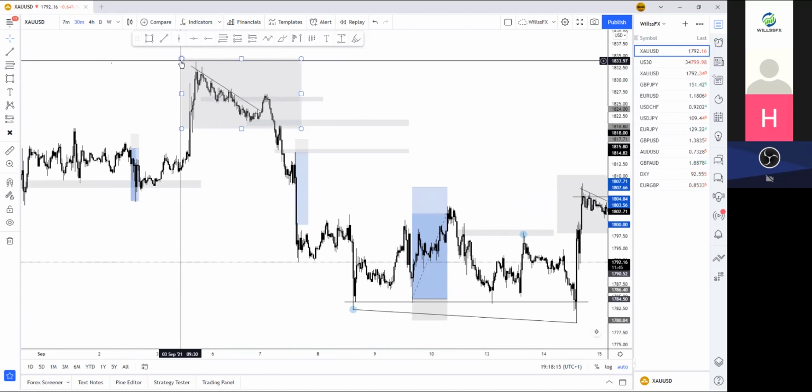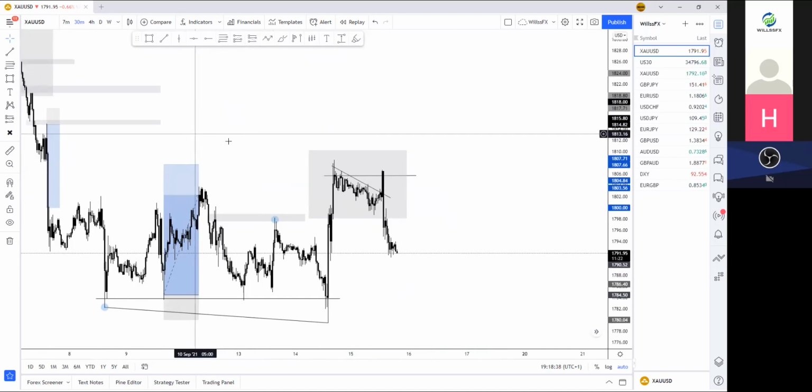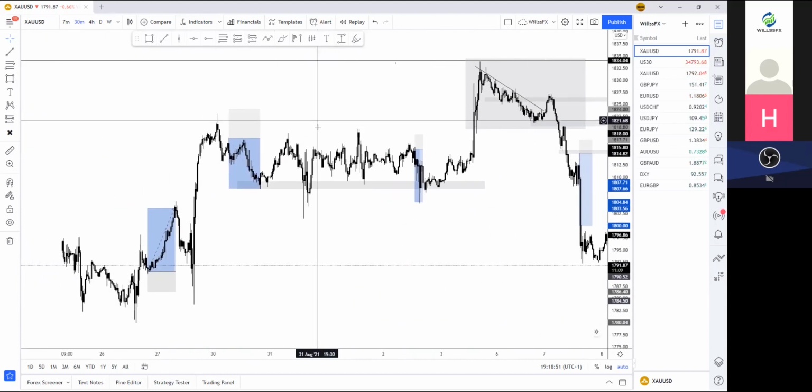Where in fact, price has literally corrected the whole NFP move in pretty much, how many days? 2 days of actual trading after the move happened. Because obviously we had the weekend, and then price opened here, and then it corrected price in the first 2 days of opening. And then the same here, we've had the news, and the first 2 days of opening, we've got the first day now after the news, and price has almost corrected the whole move already. So if we actually look back at another example here,